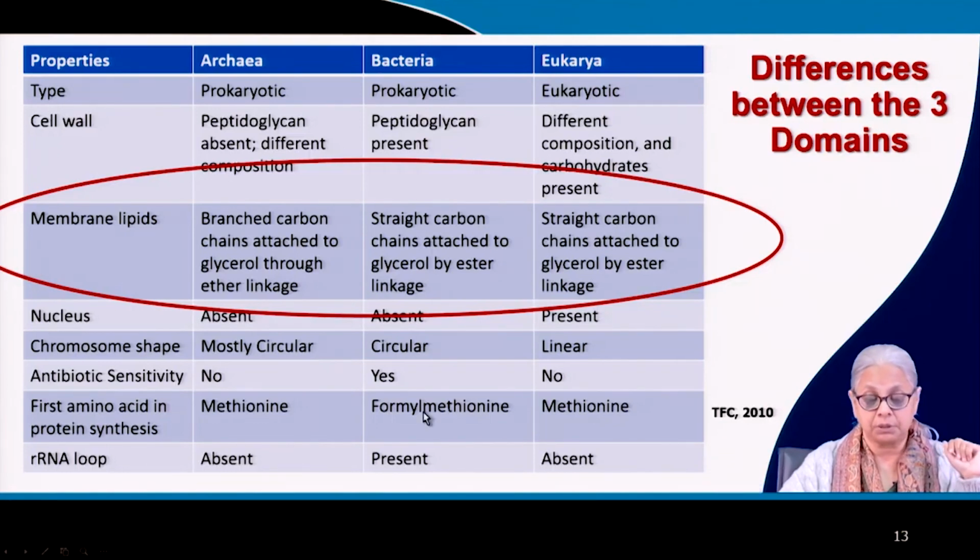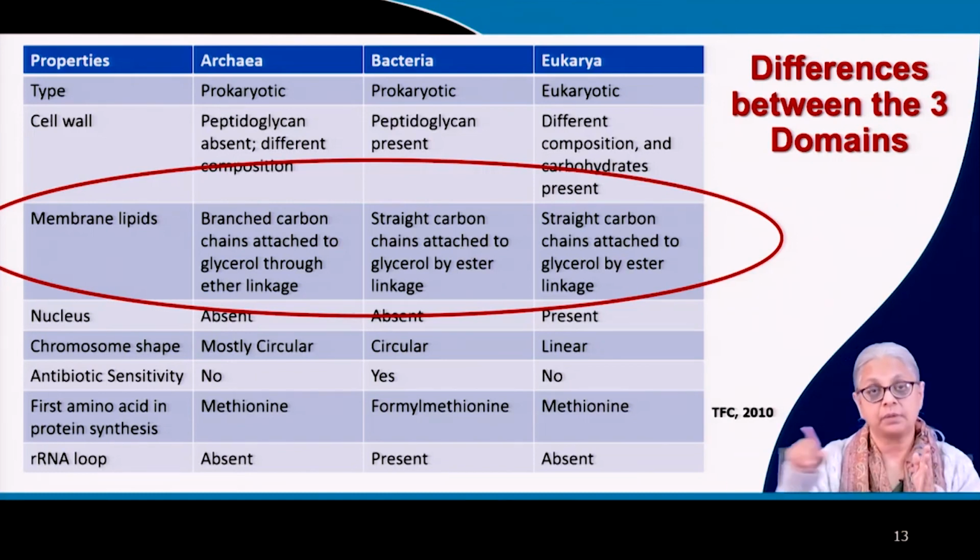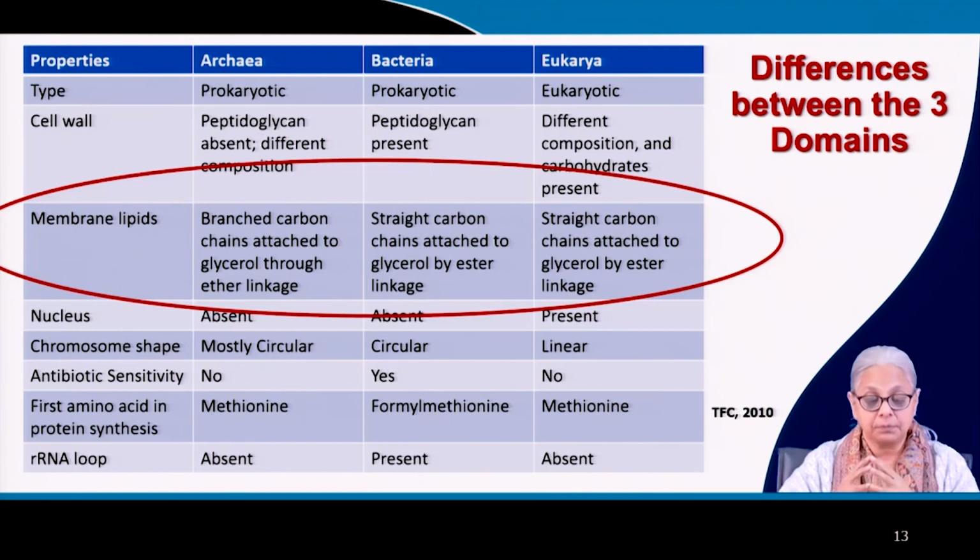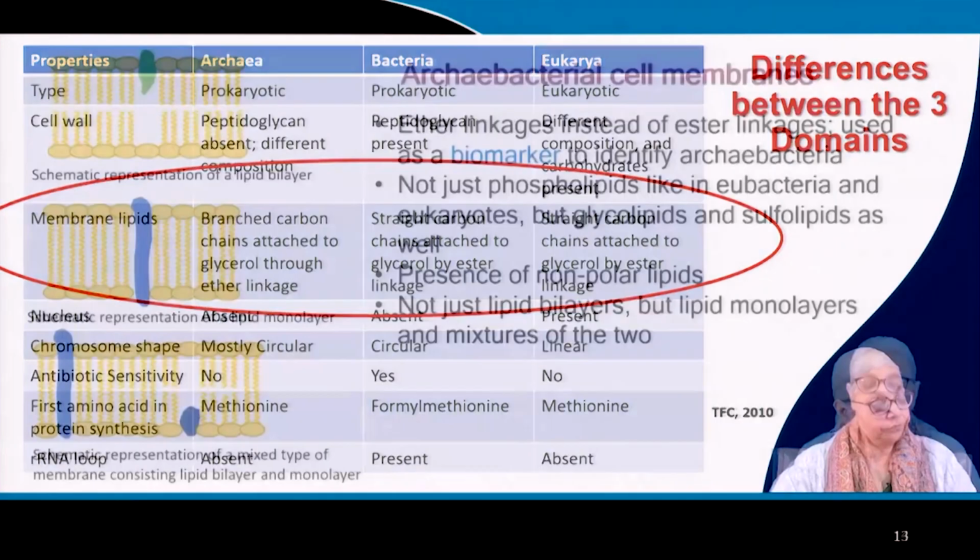So, this is one biomarker. And look at the similarity. The more modern bacteria and the eukaryotes have something in common, and that is straight carbon chains attached to the glycerol by ester linkages. What I showed you in the previous slides is exactly that. Then we come to